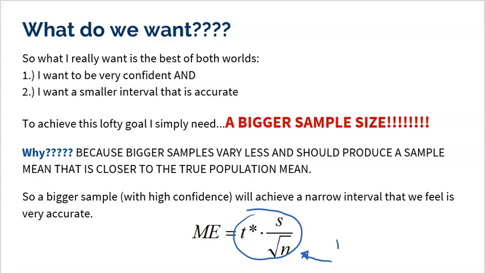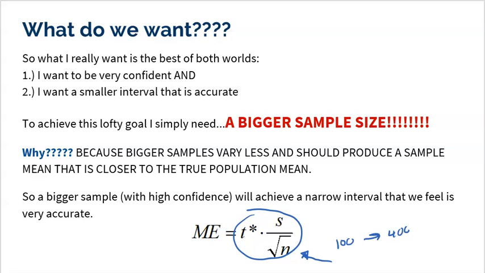So let's just say I go from a sample size of 100 to 400. If I times that by 4, remember, it's actually in a square root, so that's actually reducing me by a half, right? Because the square root of 4 is 2. So make sure that that makes sense as well. If you quadruple, that's actually going to cut you in half. Again, because the difference between 100 and 400 is timesing by 4, and that 4 in a square root is really a 2. So again, that'll cut you in half.